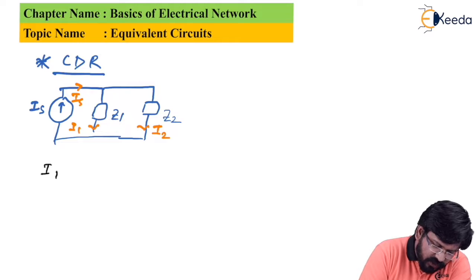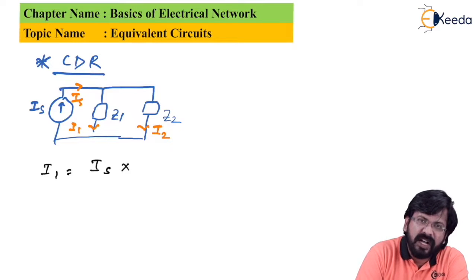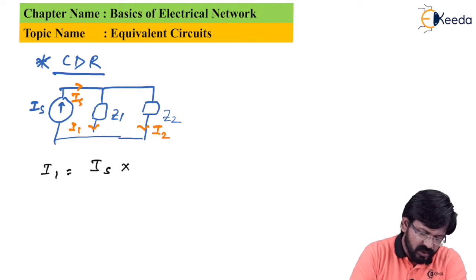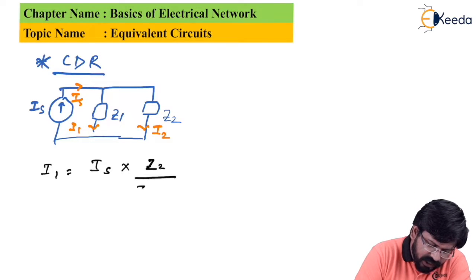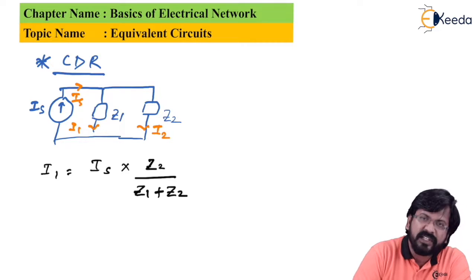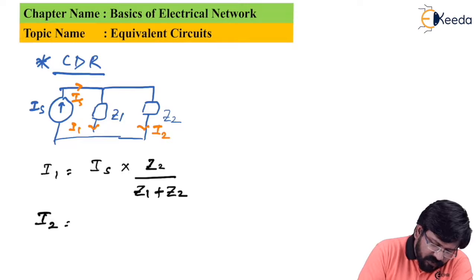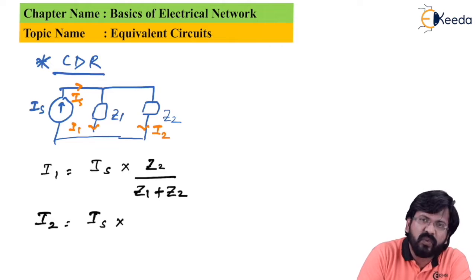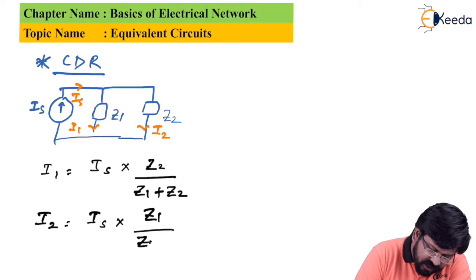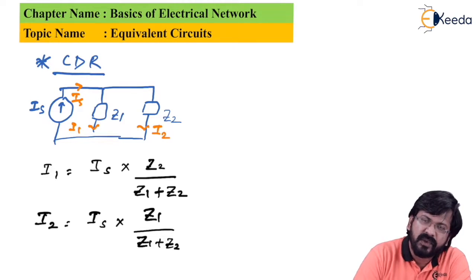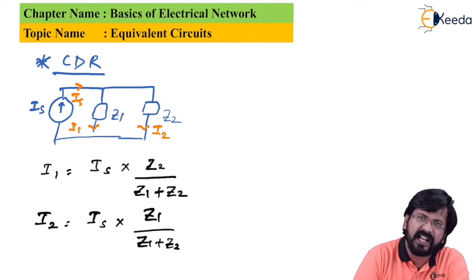So the value of I1 is calculated as supply current, that is IS. You have to observe now I1 is flowing through Z1. So ignoring that impedance, the remaining impedance is Z2. So you have to write Z2 divided by the total impedance, which is Z1 plus Z2. Similarly, you can get I2 now. I2 will be equal to supply current IS multiplied by, since I2 is flowing through Z2, we have to ignore Z2 and the remaining impedance we have to consider, which is Z1 in this case, upon Z1 plus Z2. So now we will see what happens when this impedance element gets replaced by R, L and C.